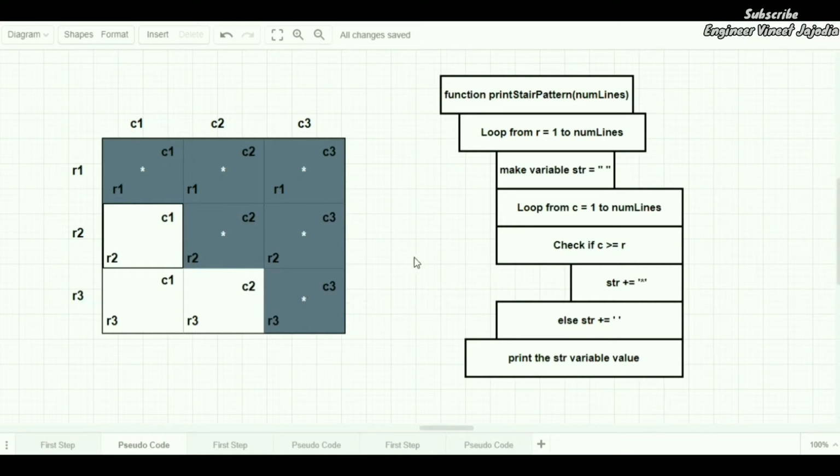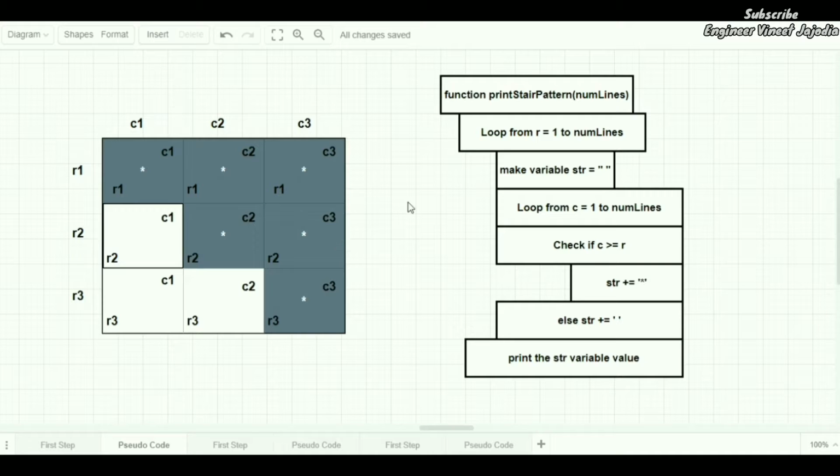So these were our 3 conditions. When the column number is equal to the row number, then we are going to put an asterisk. When the column number is greater than the row number, then we are going to put an asterisk. And if that is not the case, then we are going to leave the cell empty. And once we reach the end of the column, we have to print this whole row and move to the next row.